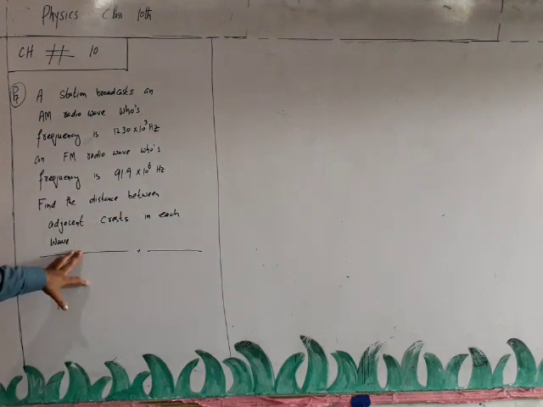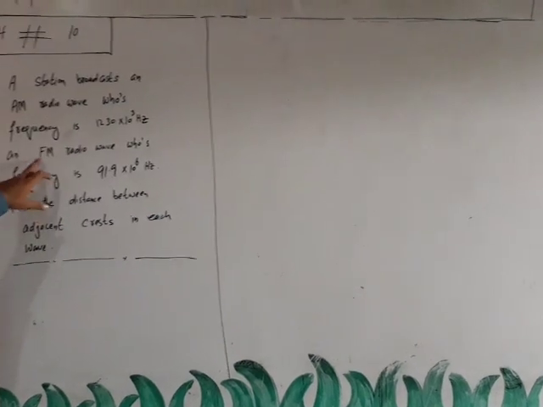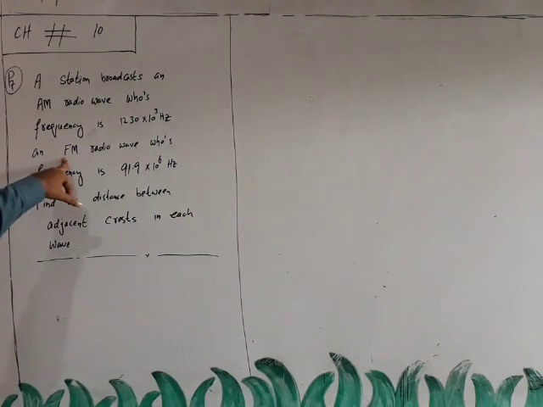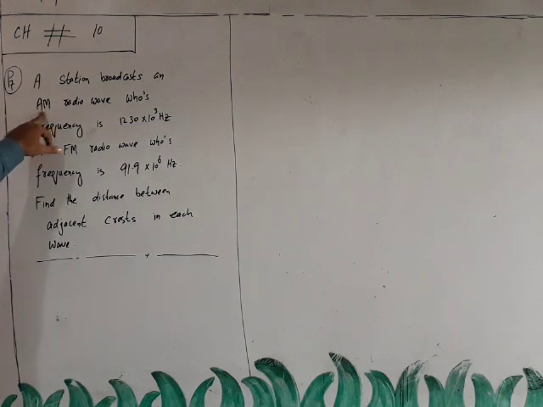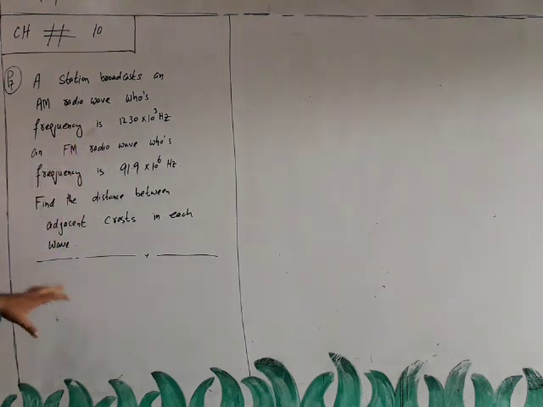In this problem, we are given that a radio station broadcasts two types of waves. One is the amplitude modulated wave and the other is the frequency modulated wave. In frequency modulated wave, the frequency is greater while its wavelength will be smaller, and in amplitude modulated wave, its amplitude will be of high value while its frequency will be of low value, because frequency and wavelength according to the universal wave equation are inversely related to each other.